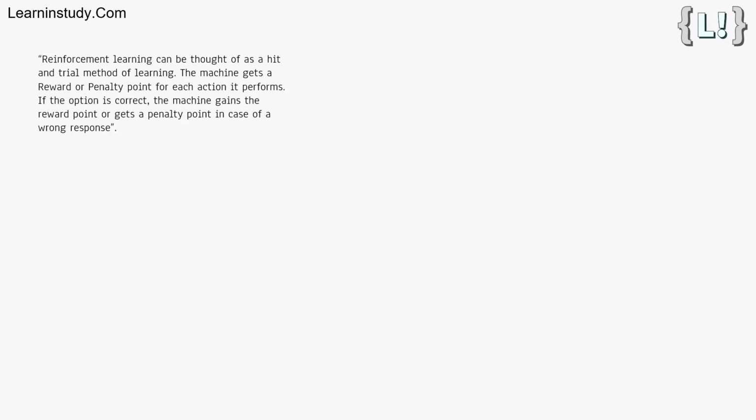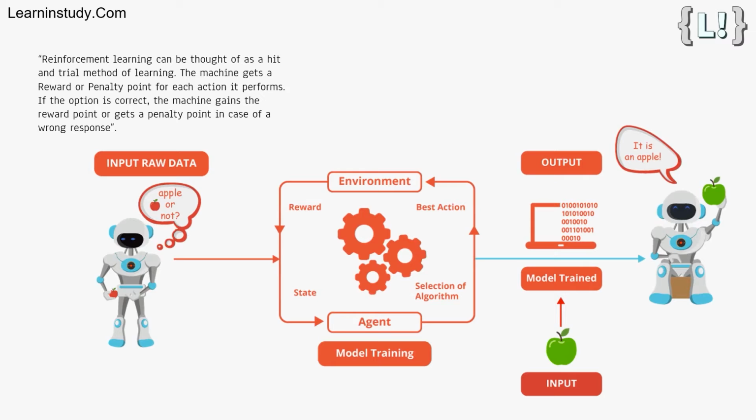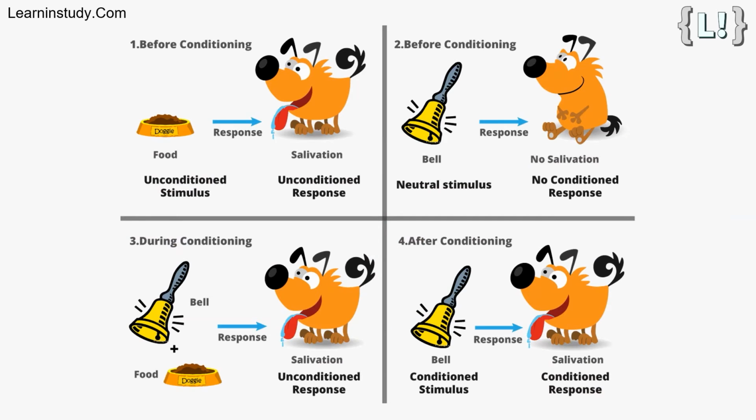The learning agent is based on exploration and exploitation. Exploration is when the learning agent acts on trial and error, but exploitation is when it performs an action based on the knowledge gained from the environment. The environment rewards the agent for every correct action, which is the reinforcement signal. With the aim of collecting more rewards, the agent improves its environment knowledge to choose or perform the next action. Let's see how Pavlov trained his dog using reinforcement training.